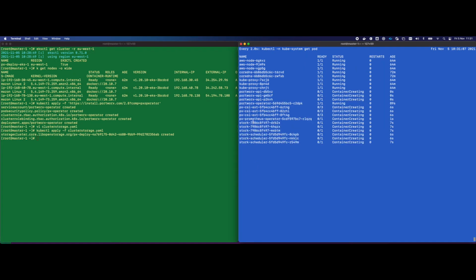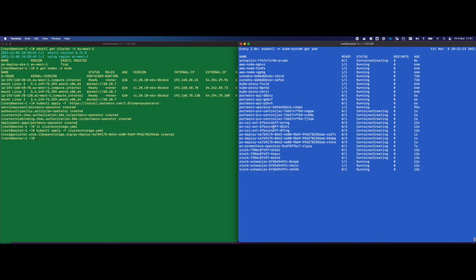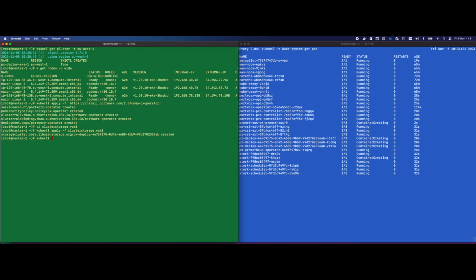We will see several pods spinning up. The ones that are actually running the storage part of Portworx are the ones that start with the cluster name. And as you might recall, I called my cluster px-deploy. So these 3 pods are the 3 pods running on the worker nodes that will actually provide storage into the cluster. Now we'll give that a few seconds to start up, and in the meanwhile, we'll type in the command to start logging